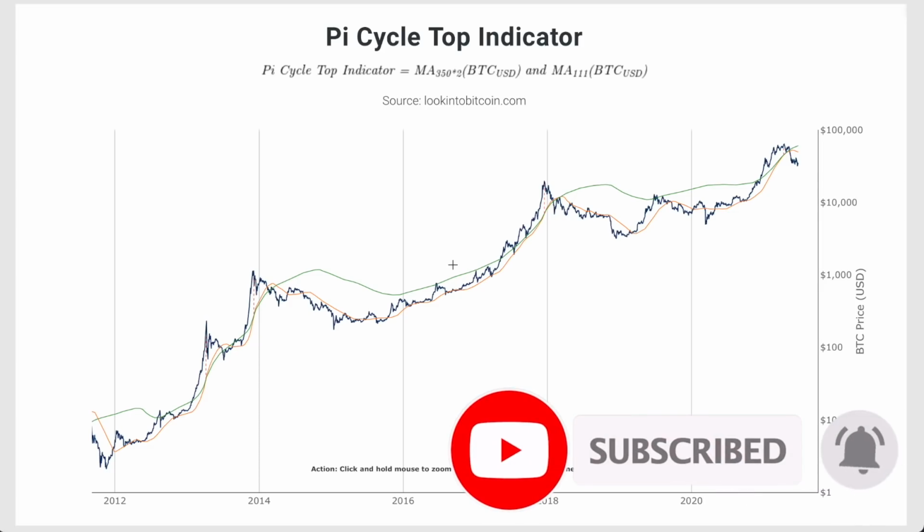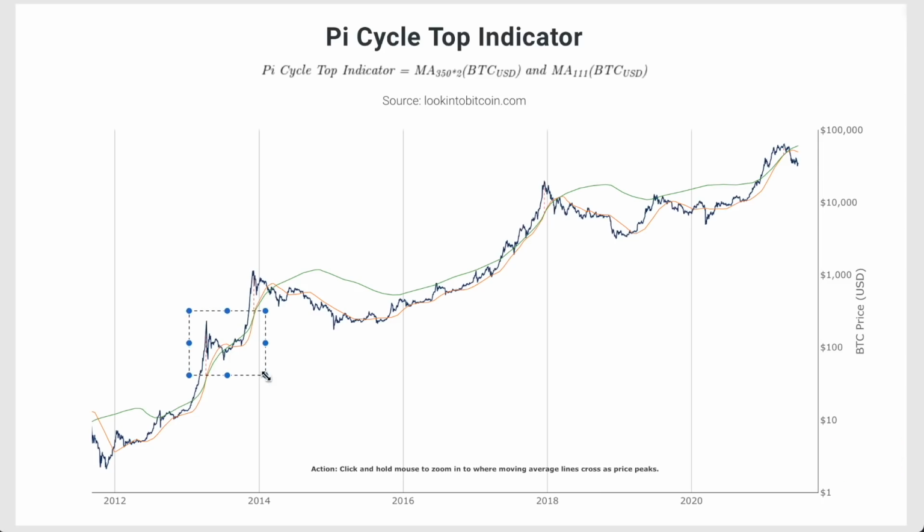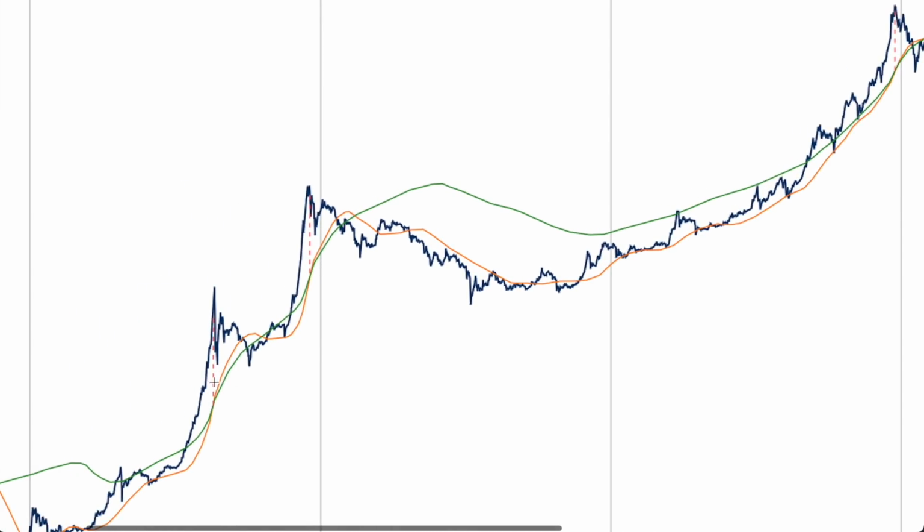So very briefly, comparing the 2013 cycle with this cycle, you will notice that in an earlier video, I spoke about the similarities being through the lens of the 50-week exponential moving average in the context of Bitcoin logarithmic growth curves, but also in the context of Pi cycle tops, because you can see here the 111-day moving average, the orange moving average, crossed over this moving average, the 350 times 2 moving average, to note out a peak for